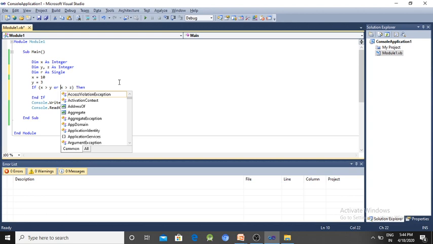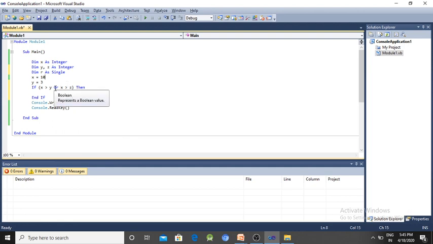In C programming we already discussed the meaning of and and or, but in VB.NET two more operators are given: AndAlso and OrElse. Logical operators are used to combine two or more conditions.